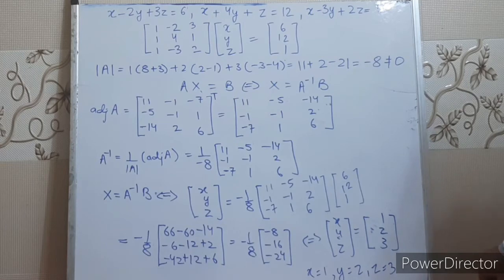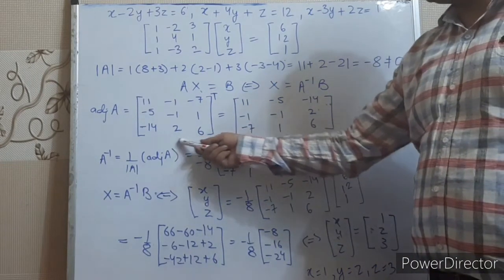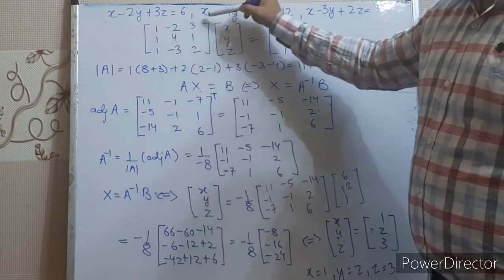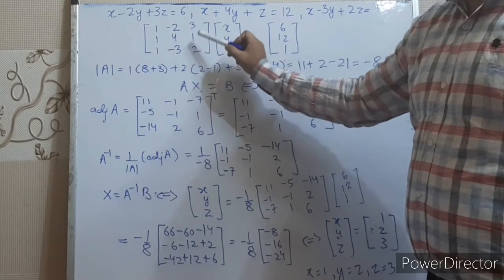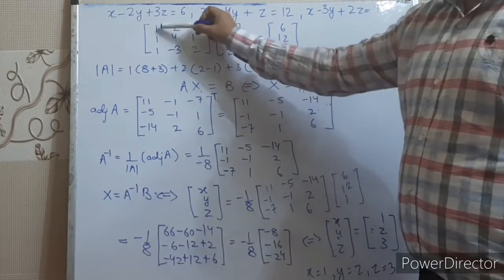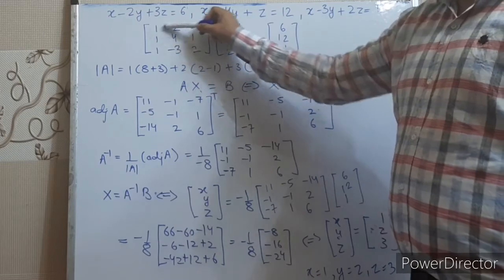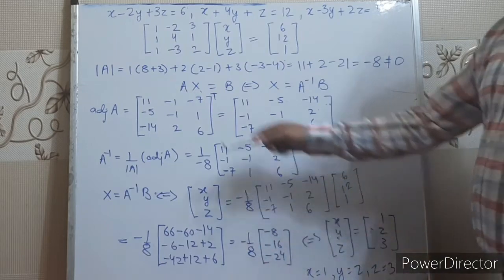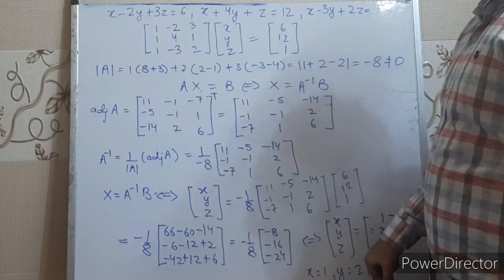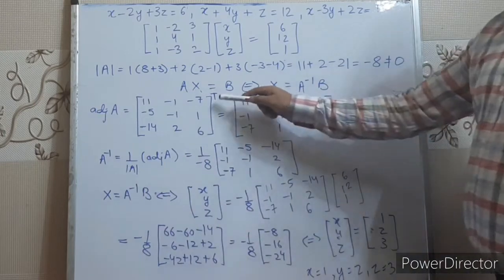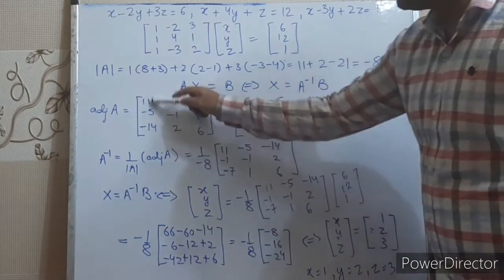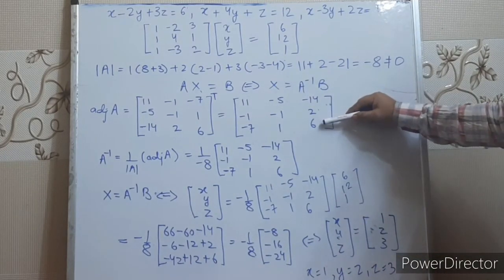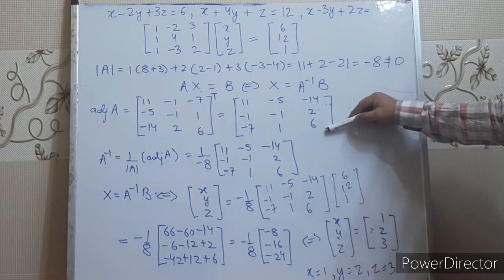Adjoint A, we have already discussed, it's a transpose of cofactor matrix. So when we calculate the cofactor of first row, first column, suppose this row, this column will get cancelled, 8 plus 3, it will be 11. For this row, this column, this row and this column will get cancelled, 2 minus 1 will be 1, and this position has minus sign, so it will be -1. So we can calculate the cofactors, and when we do the transpose of this matrix, the rows and columns will get interchanged. First row will become first column, second row will become second column, and third row will become third column. So this is the value of adjoint of A.